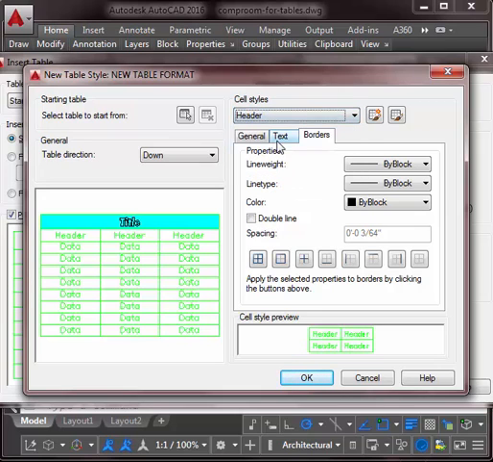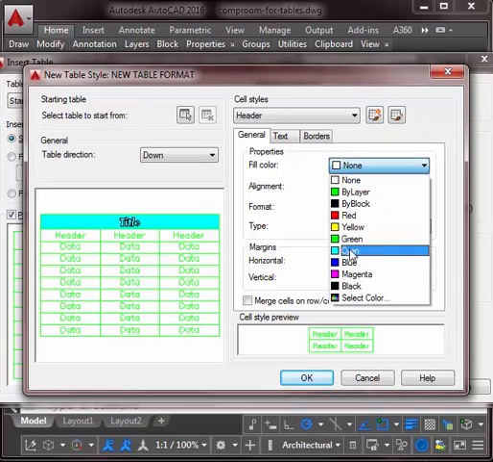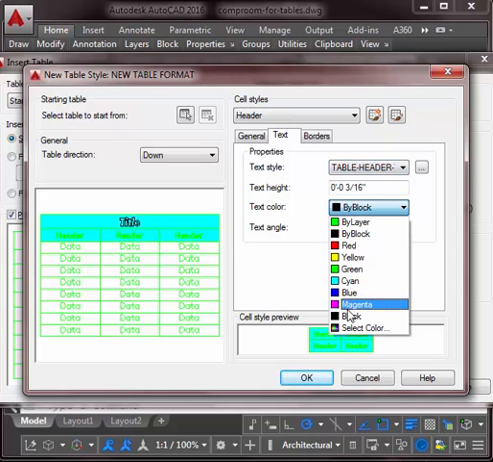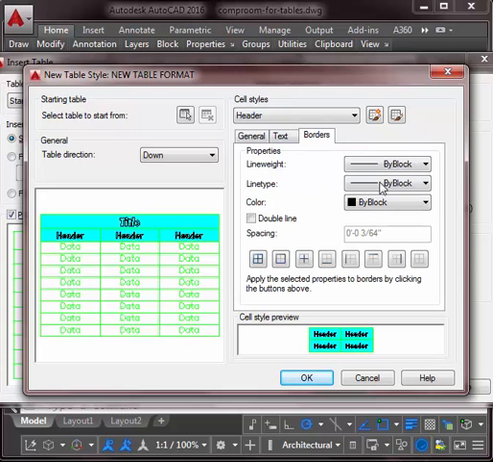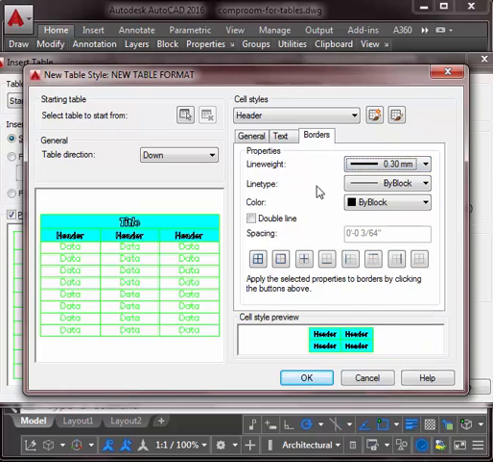Next I'll go to the header, and the same thing, I'll use the same fill color, and I'm going to use my header text and make it black also. And my border will be 0.3,